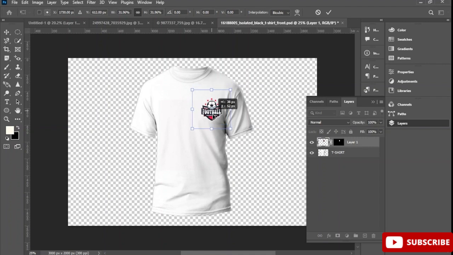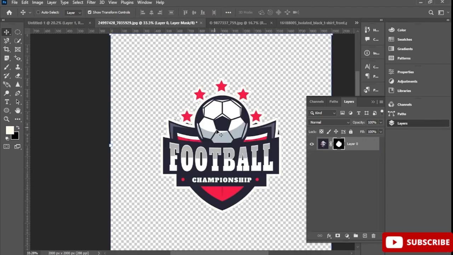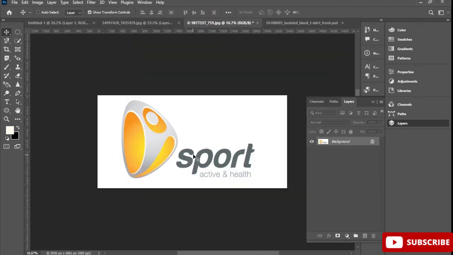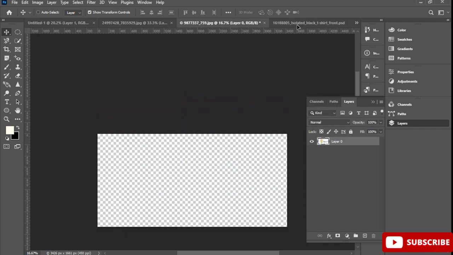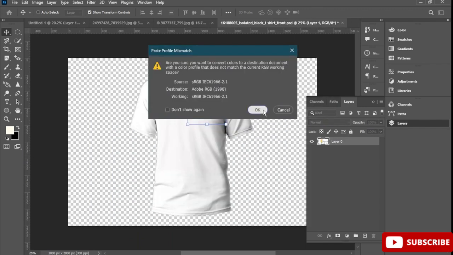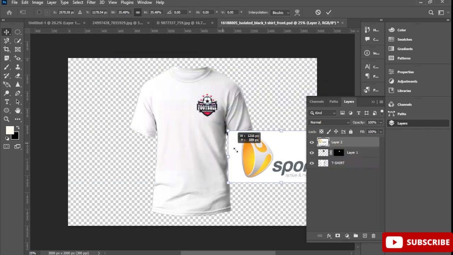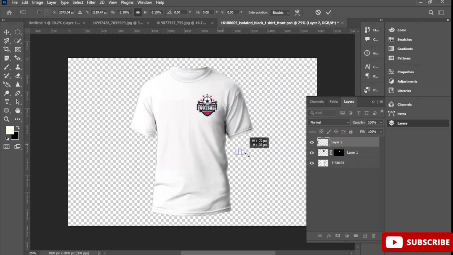Now I have that icon over here. Press on OK, and I'm gonna use this one too. I'm gonna convert to normal layers. I'm gonna take it up over here. Press on OK. As this is done, I'm gonna zoom it out, or resize it according to